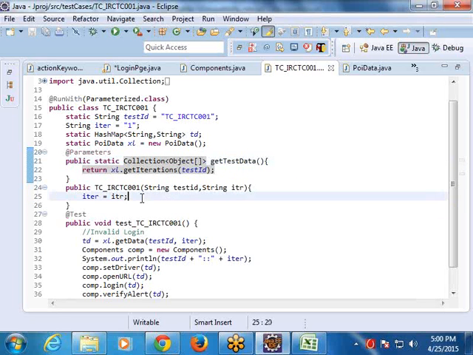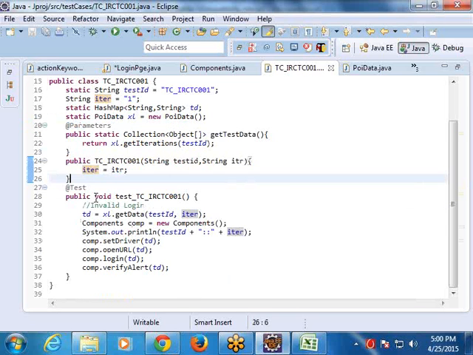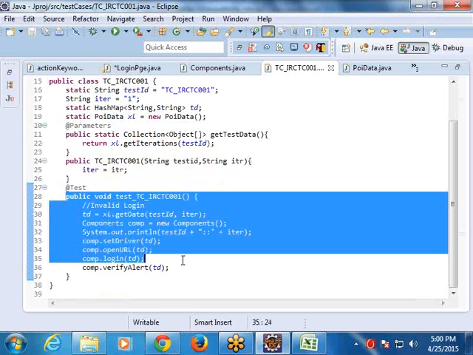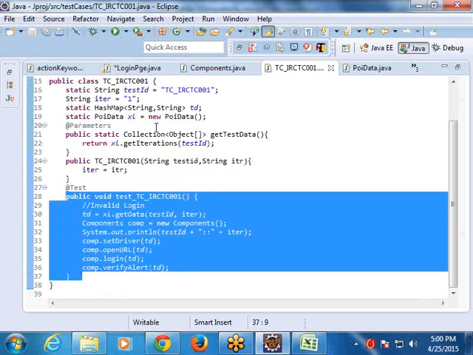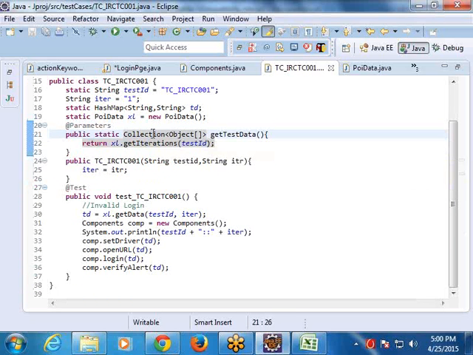Now inside this constructor, what I am doing is assigning this iteration number to the global variable iteration. Where is it? Here. Now inside this test, this test will be running the first time using the first list item. So from that list item we are taking this iteration number into this global variable. So here again we are calling